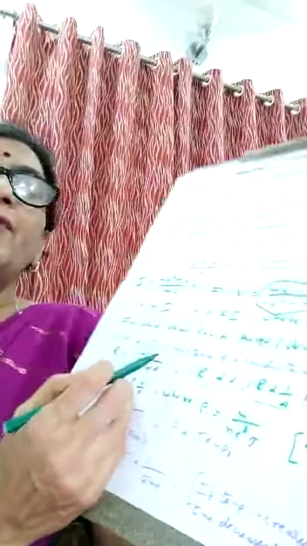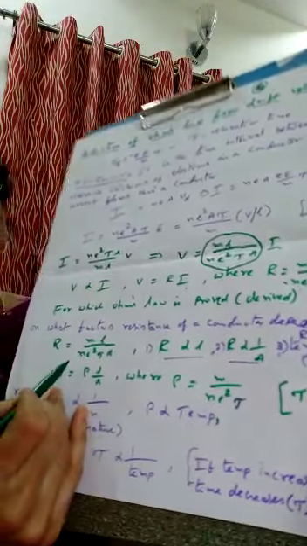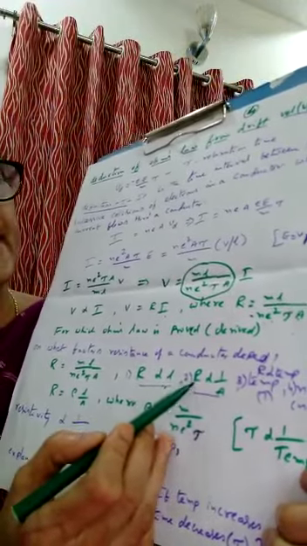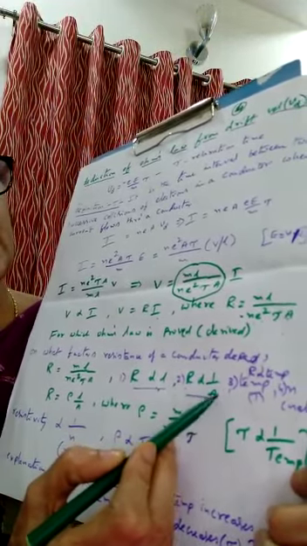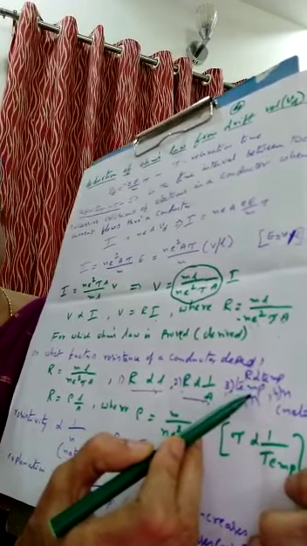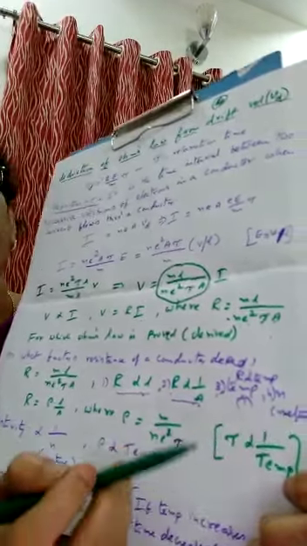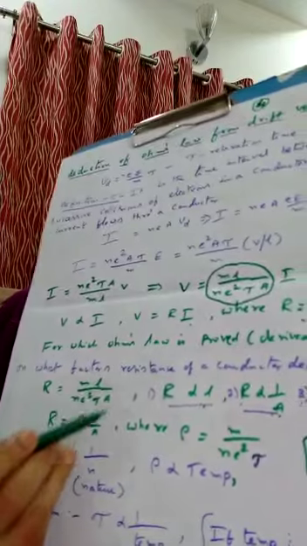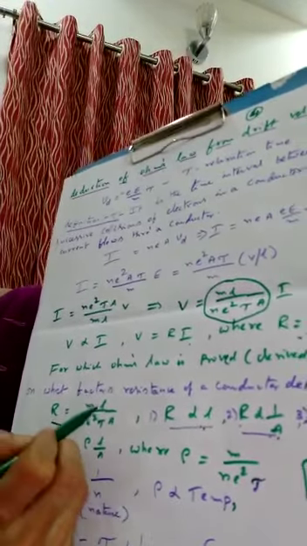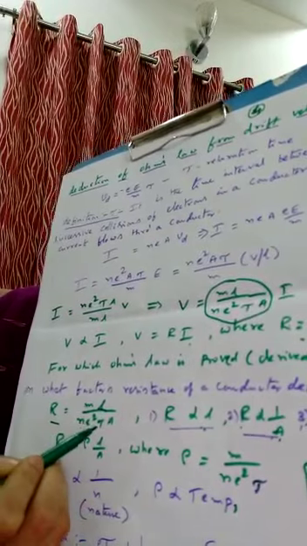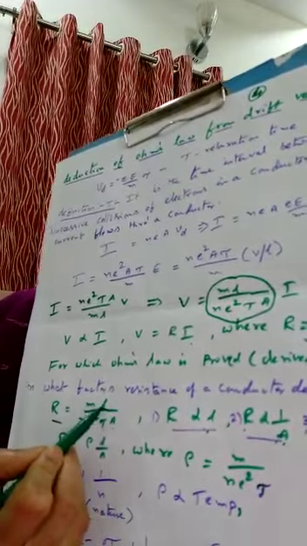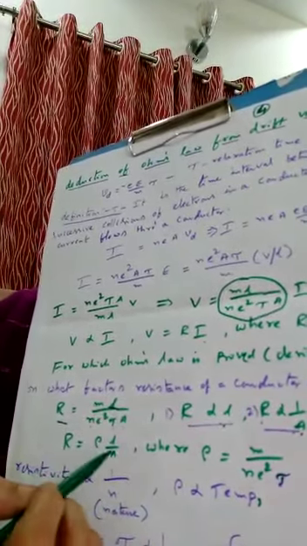Derived. On what factors does the resistance of a conductor depend? It is a very important question. We already discussed this. R is proportional to L, the length of the conductor. R is inversely proportional to the area of cross section, R is directly proportional to temperature, and it depends on the nature of the material. Let us discuss these 4 points from the formula obtained just now. Keeping the other terms constant, R is proportional to L. If m, n, tau and area are constant, R is proportional to L. Similarly, if L is constant, then R is inversely proportional to area.